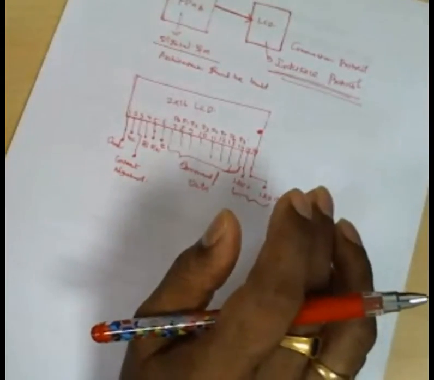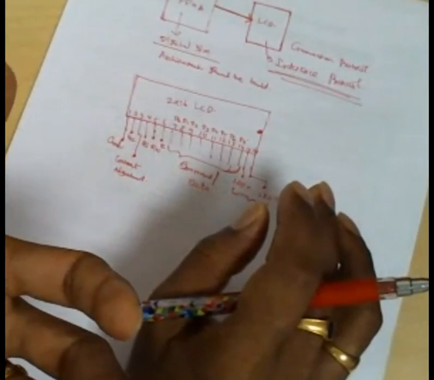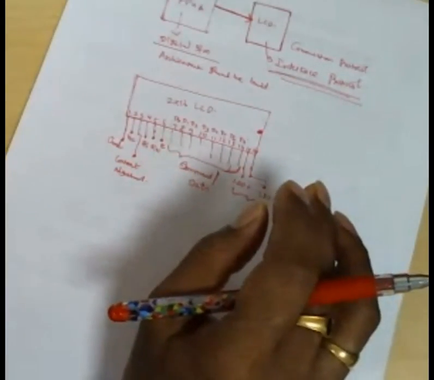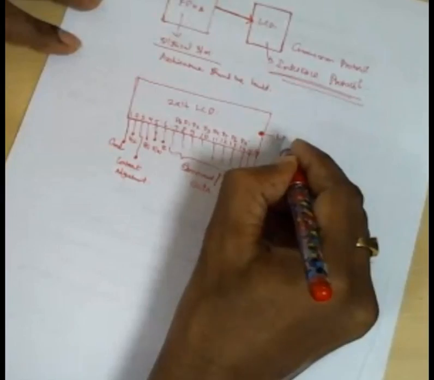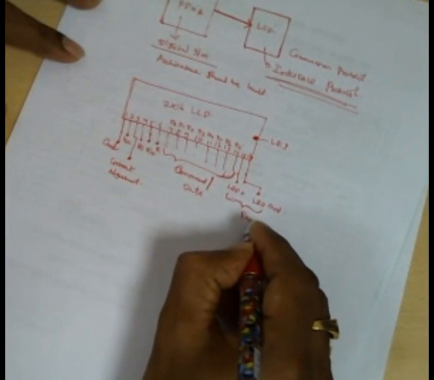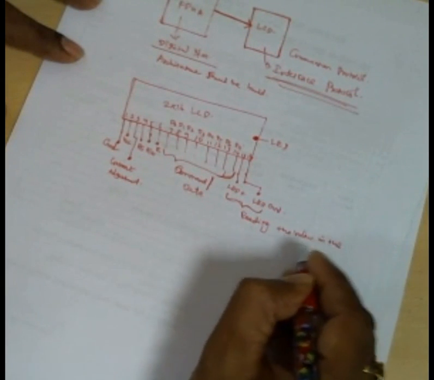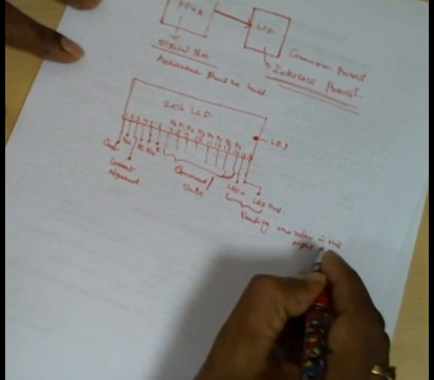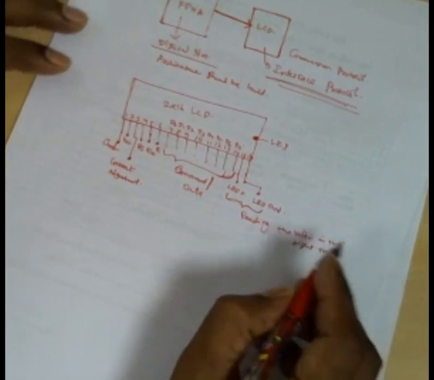Not all LCDs, but some kinds of LCD, the crystal is a dim color. The background crystal is dim and the character is black, so you cannot see it at night. Therefore, there is one LED here, a normal LED. If you switch that LED on, it will illuminate the display so that you can read the data at night time. So this LED is only for reading the value at night. Night time is just what I am telling you; you can switch it on in daytime also, nothing will happen. Therefore, these two pins have no control with the LCD interface.